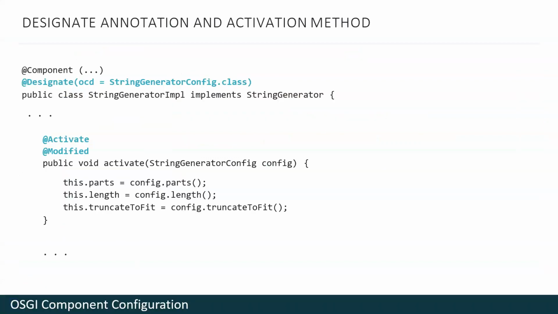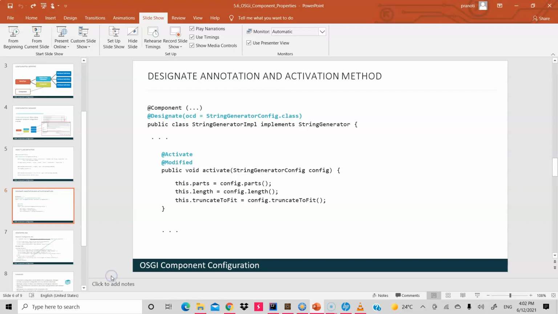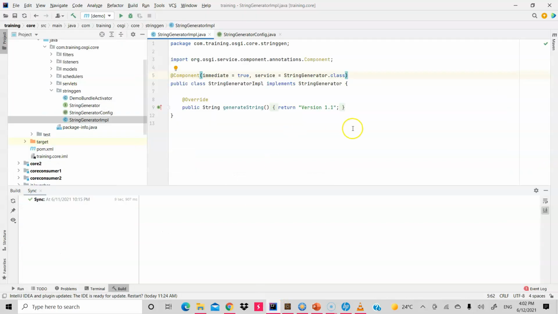After we created an object class definition, we need to connect the component to it. For that, we go to the component class and add another annotation to it, that is designate. The object class definition is specified as an attribute of that annotation. So let me switch to the IDE and add the designate annotation and specify the object class definition. That is